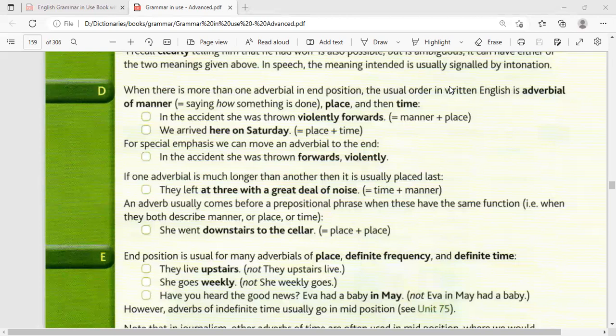Here is the place. On Saturday is the time. Yeah, so we have just two adverbials. The first one here is the place, and then the time, Saturday. Okay? Okay. For special emphasis, if you'd like to emphasize something,